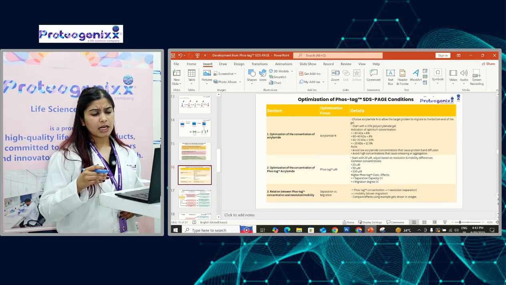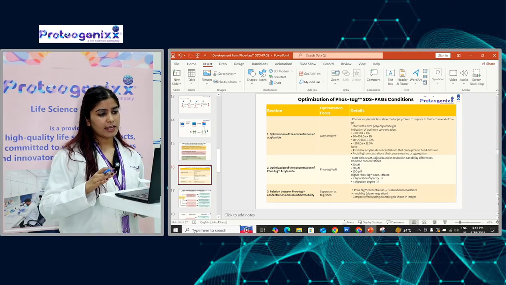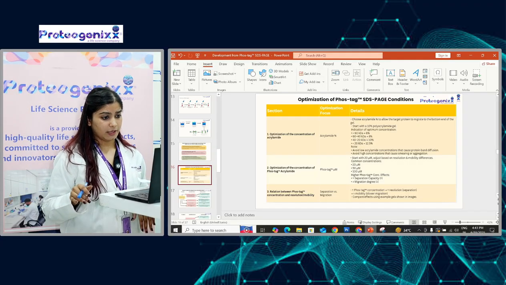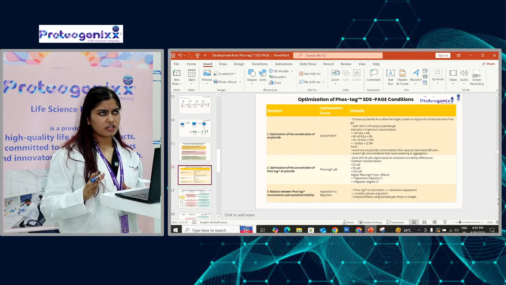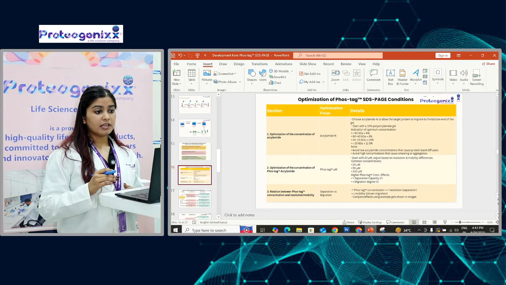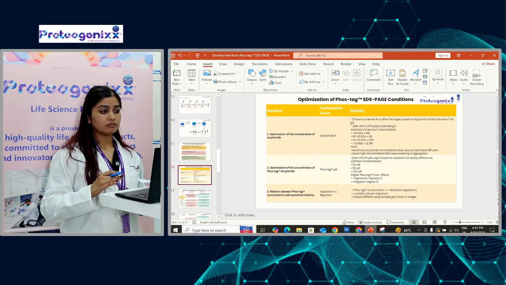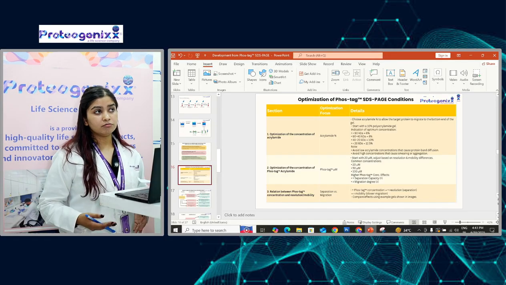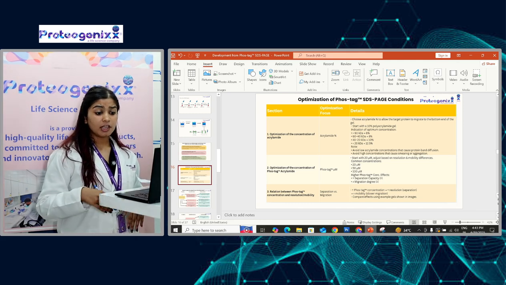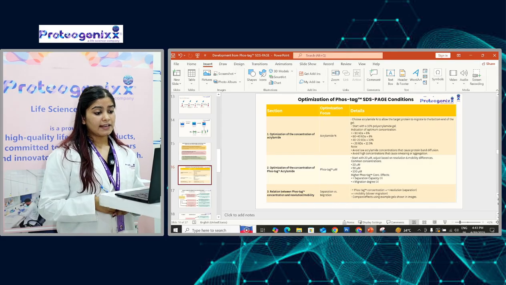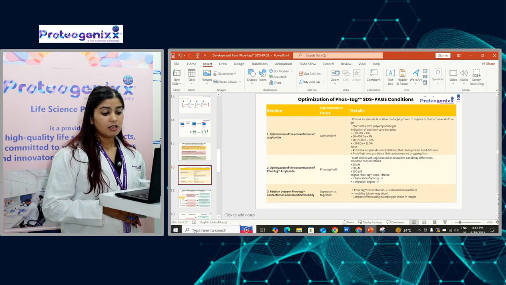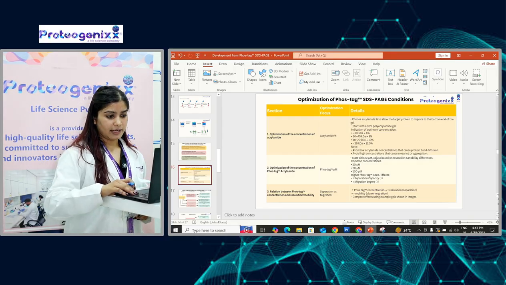We actually usually start with 20 micromolar, and then we increase the concentration according to how well our bands have separated. So the typical concentration ranges from 20 to 100 micromolar. Also keep in mind, increasing the concentration might lead to better separation clarity, but it can also reduce your protein mobility. Finally, strive to balance between the separation and migration rate, so as to avoid excess running time.